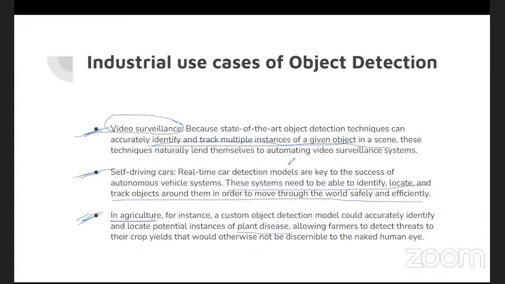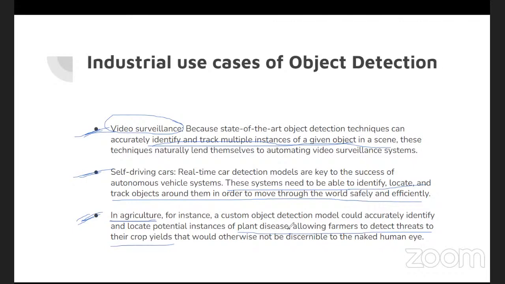Whenever a plant is suffering from any kind of disease, it's clearly visible on its bark or on its leaves. So object detection algorithms are being used in agriculture to identify those faulty fruits or faulty leaves and allow farmers to detect threats to their crop yield,